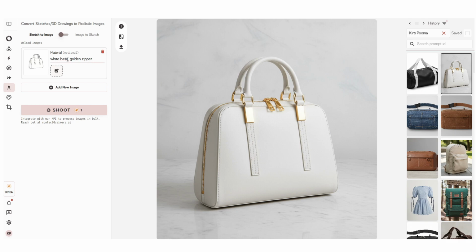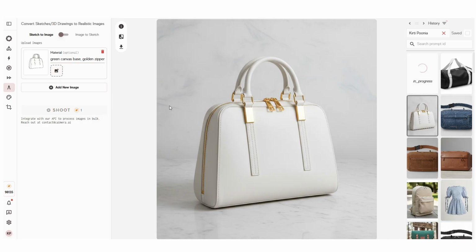So maybe white denim or canvas base, and then again golden zipper. And I'll change the color to maybe something different. So green canvas base. So you can control the color of the product as well as the material both at